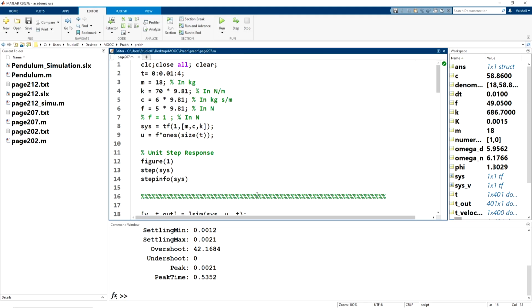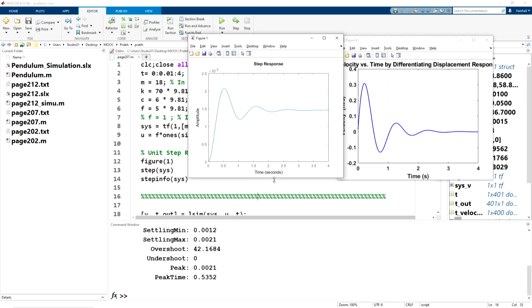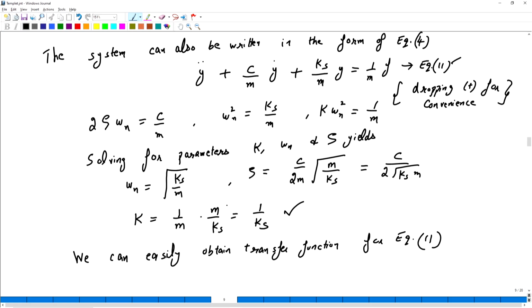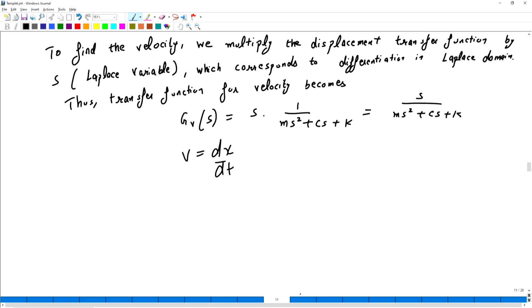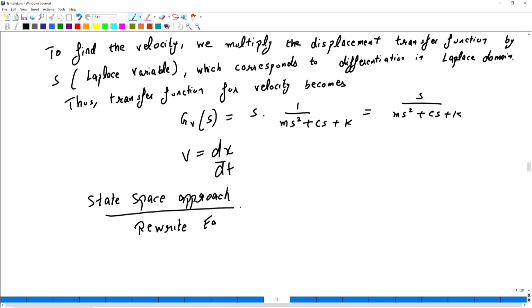Now that we are done with the velocity, let us go ahead with another approach of finding the position and velocity. Another methodology is the state space approach. So what I'll do is I'll rewrite equation number 11 here.